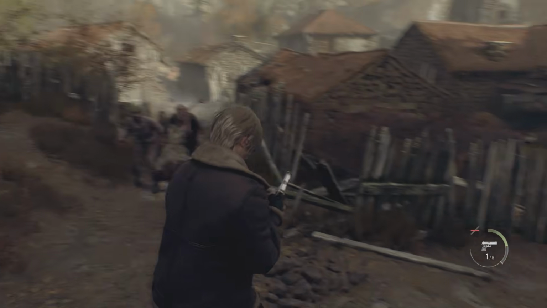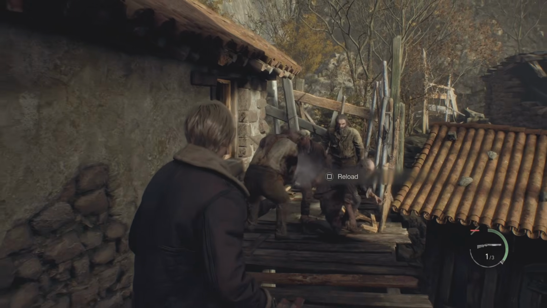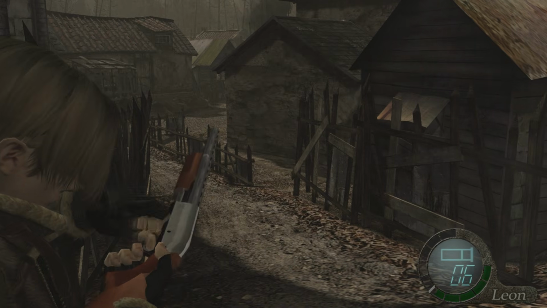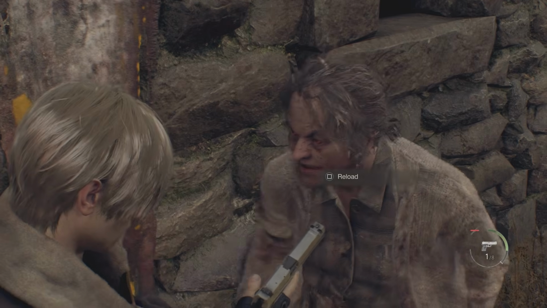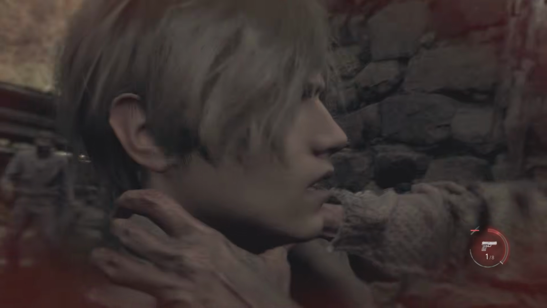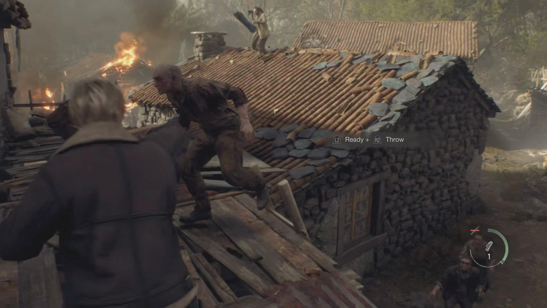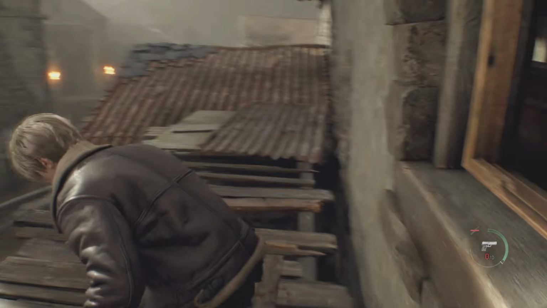Your reload animation is still time consuming, as it should be, but you can now move and run while reloading, which you couldn't do originally as you couldn't move while aiming or shooting. The way you take damage is more sophisticated, with an array of ways you can be caught by villagers and have to shake them off. The throwing animation feels better, the jumping animation feels more natural.